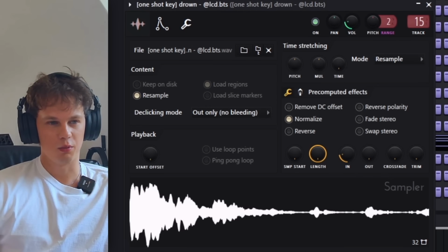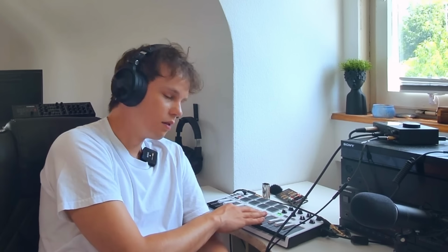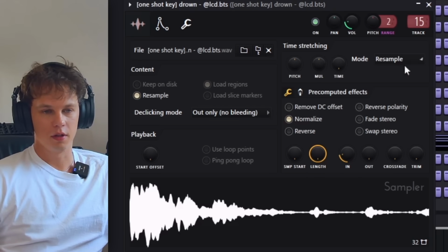And then I added another layer. And for this one, I added one of my own one-shots, again from my Lucid Weekly subscription. This one gives a really nice texture because it has almost a second note at the end. If I play it here, you hear there's almost like a second note, and that's really nice because I have it on the resample mode,